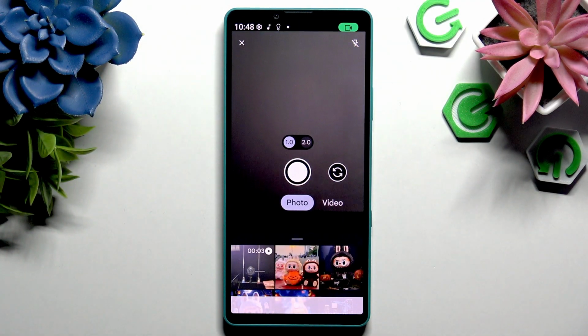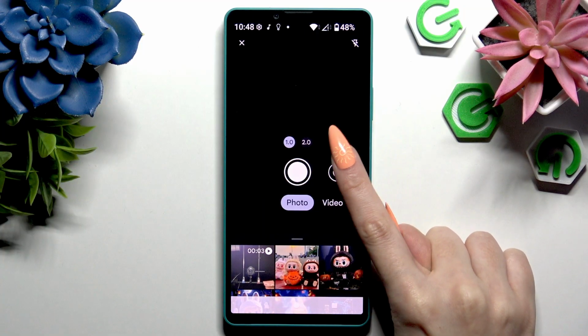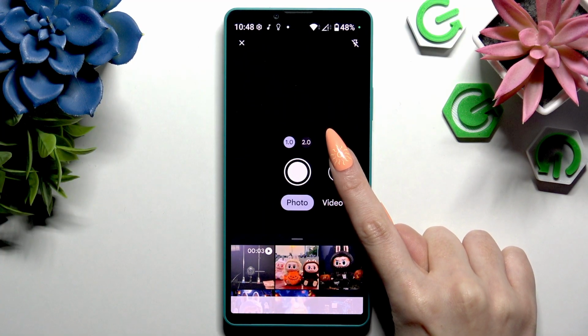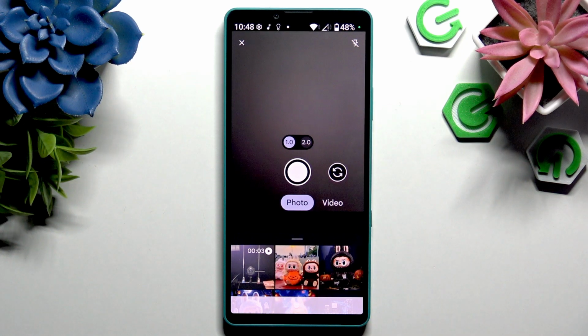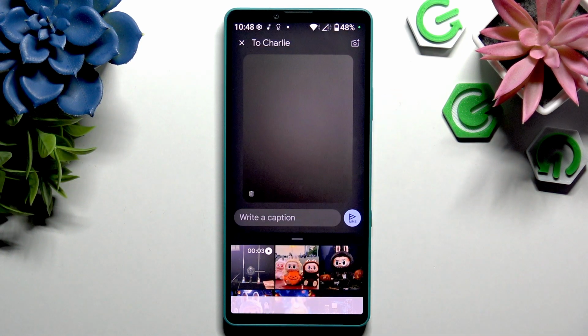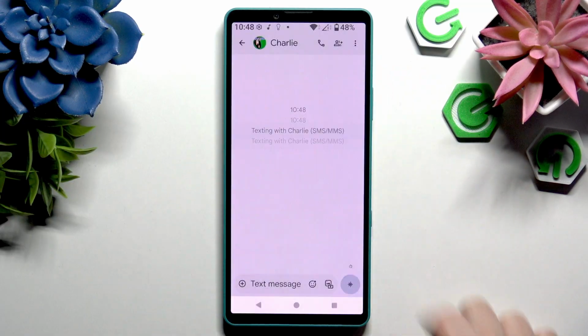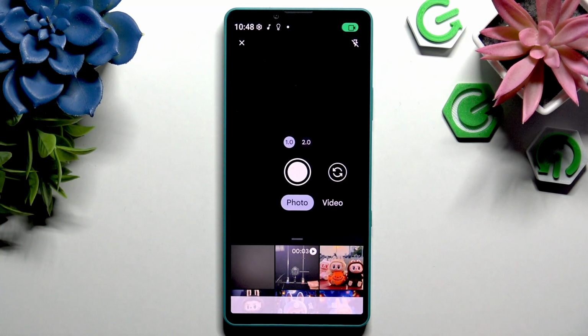Now to take a photo and add it, select photo here, pick your camera, and when you finished, just snap it. It will be automatically added to your message. If you want to pick a photo that